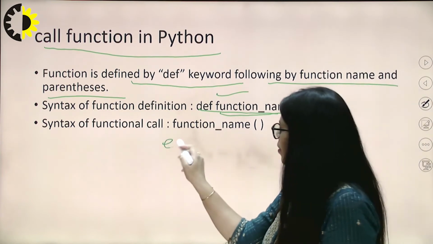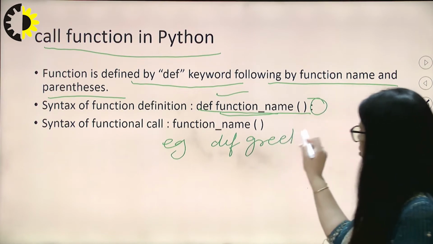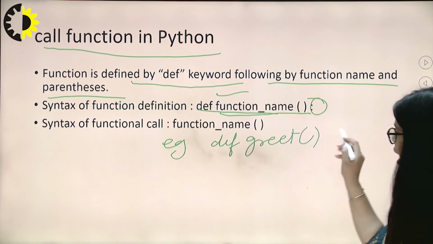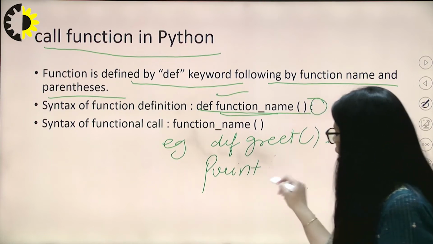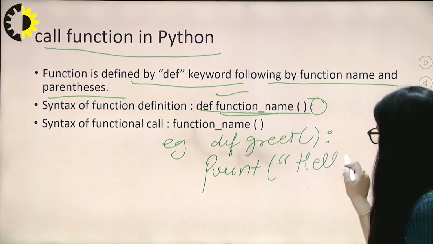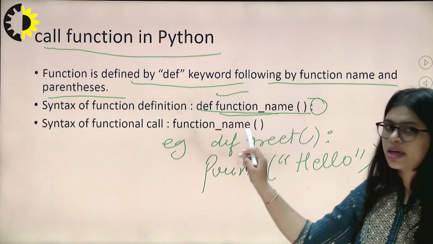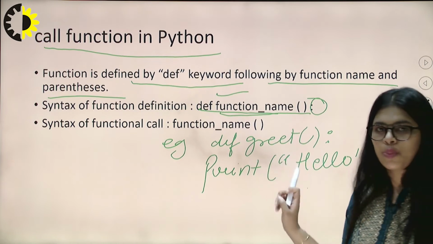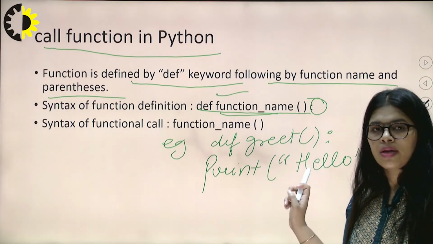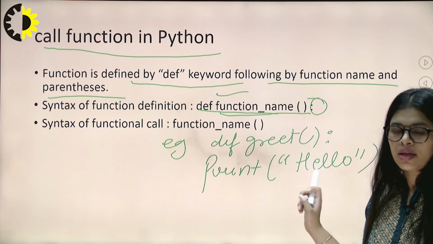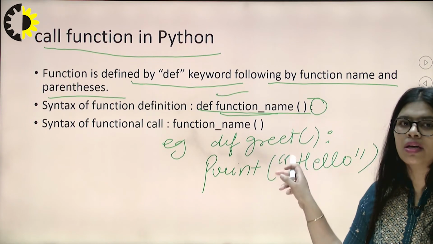The example is, I am going to define def greet. Okay, and I want to print a statement, so I have to write print and then hello. So if after defining or creating a function we want the output hello, after running, it will show a blank command window; it will not give an output.